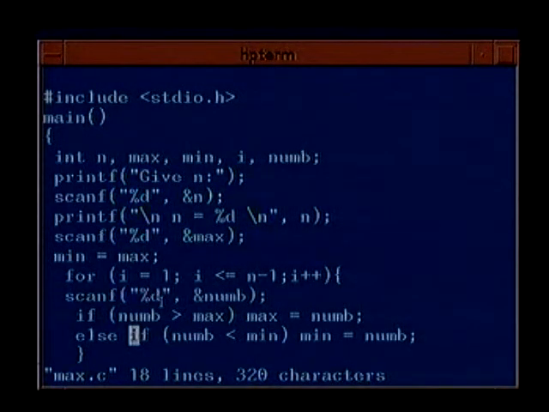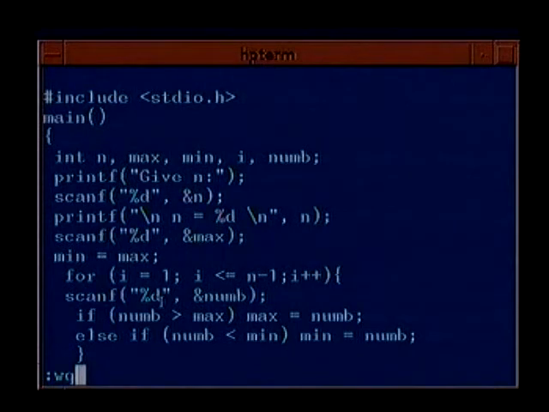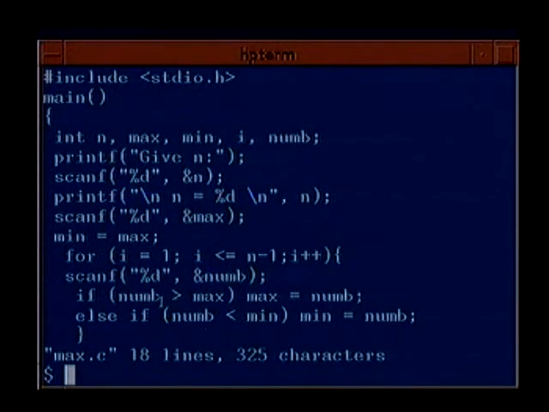So if we modify the program and write an else out here, then obviously this program is expected to run faster than the previous program by whatever minuscule amount it may be, but still it will run faster. And obviously this program is correct, because if a number is greater than max, then max is assigned num, you need not update the value of min.